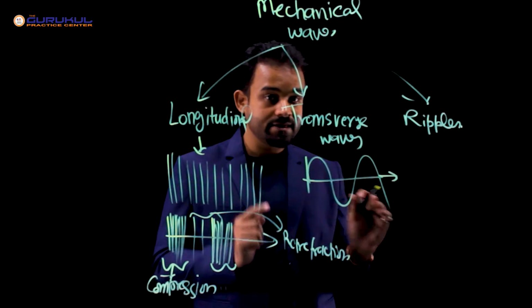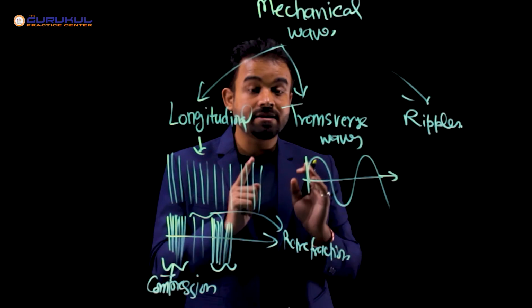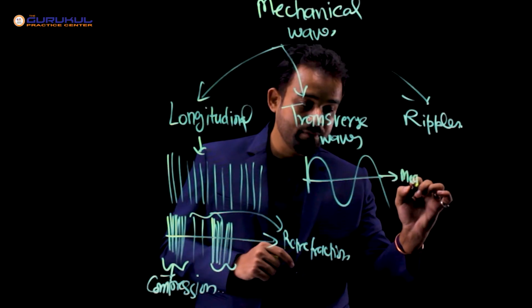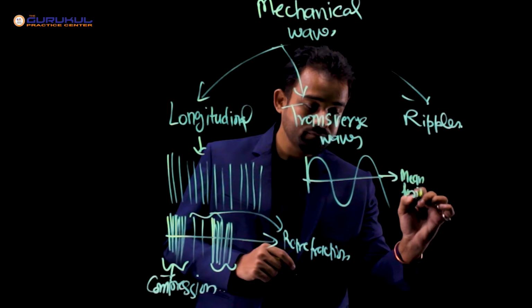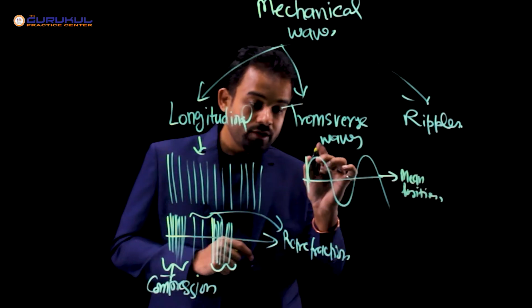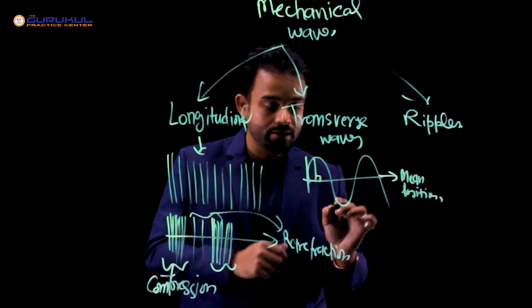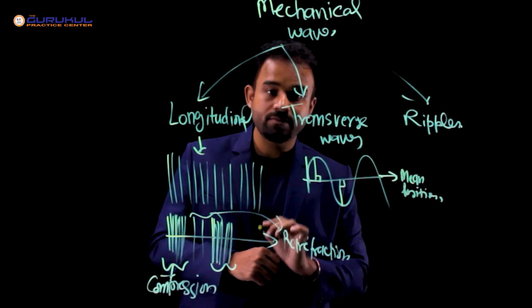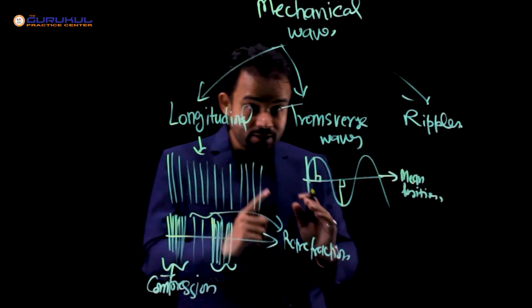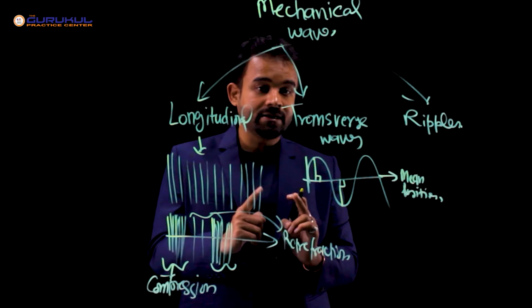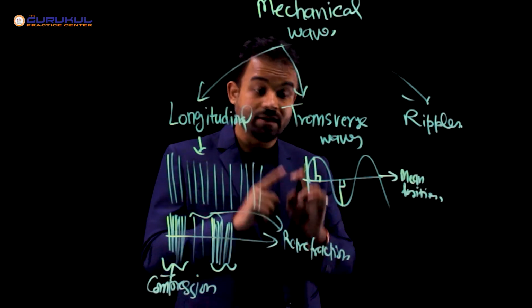Transverse waves somewhat look like this, in which the wave is traveling in this direction, but the particle will never travel in the same direction. They travel by making a 90-degree angle with this position. This is usually known as the mean position. So suppose the particle is over here. What angle is it making with the mean position? It's 90 degrees. What angle is it making with the mean position? Again 90 degrees. So in this, the particle will always travel by making a 90-degree angle with the mean position, either in